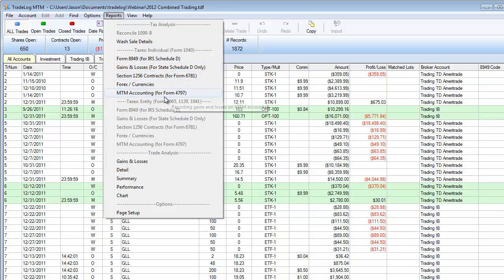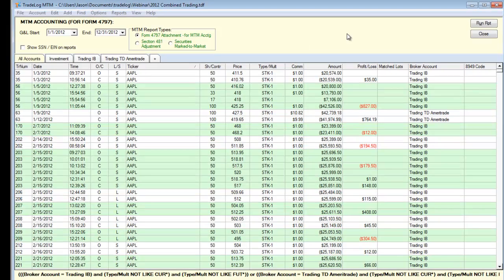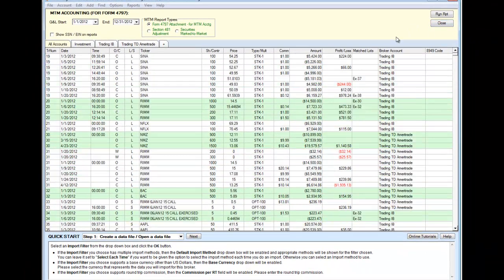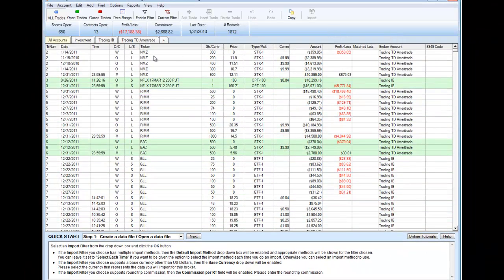These are the reports that are actually used for taxes and include wash sales. Now remember, this file I have right here also has some mark-to-market accounts, so I can also select the mark-to-market accounting for those as well. So that's just a little basic. We'll use those a little bit more as we go later in our discussion of some various aspects and specific